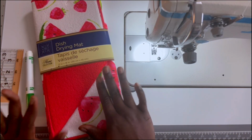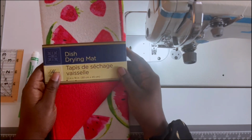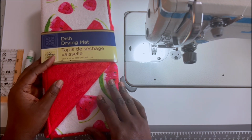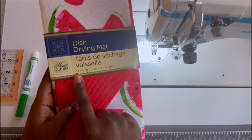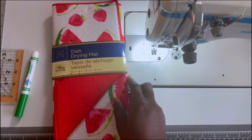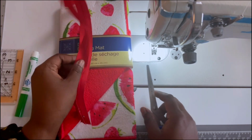So another beautiful Dollar Tree project. We are using this drying mat today too. If you like the boxy pouch, then you're going to like this one too. All right, so the dimensions for this one is 12 inches by 18 inches or 30 centimeters by 45 centimeters. All we need is our dish drying mat, our zipper,